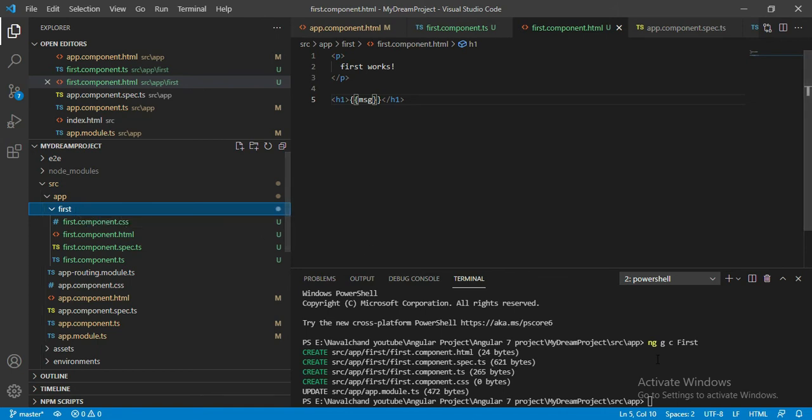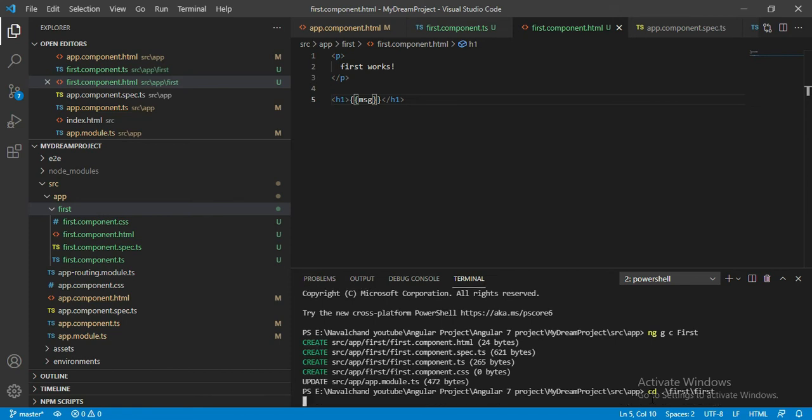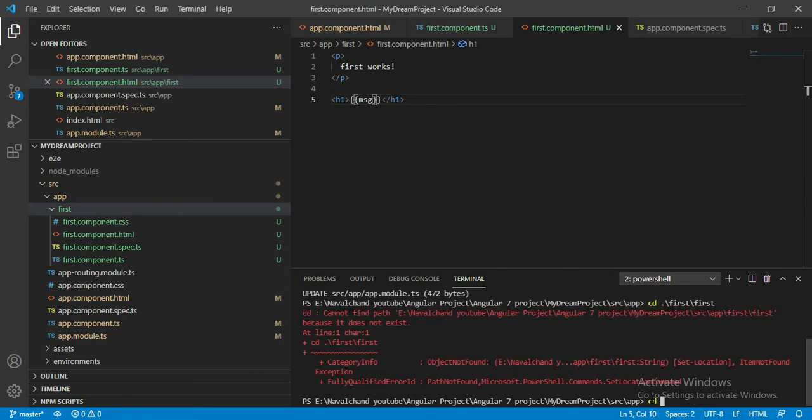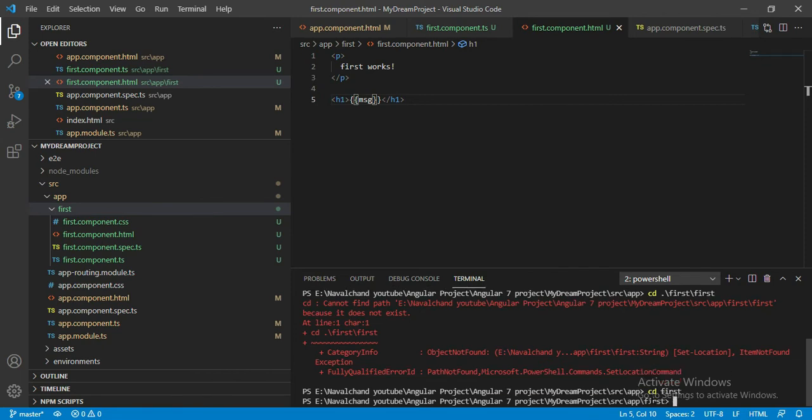Inside the first folder we can simply do cd first and press enter. Okay, we are now located inside the first folder.